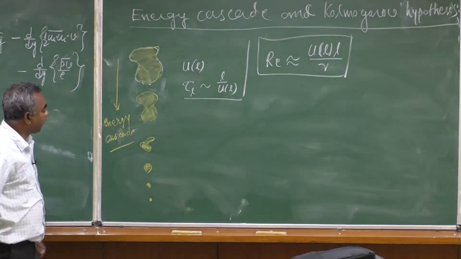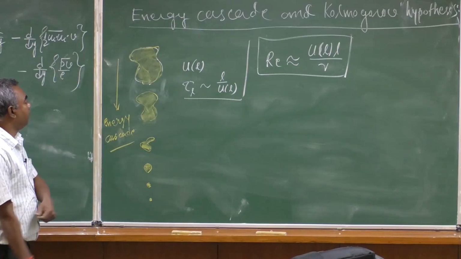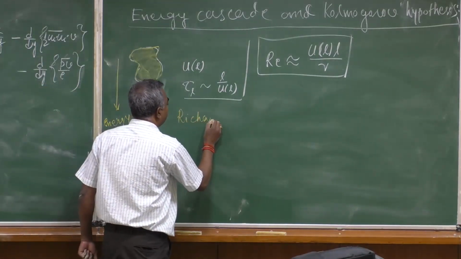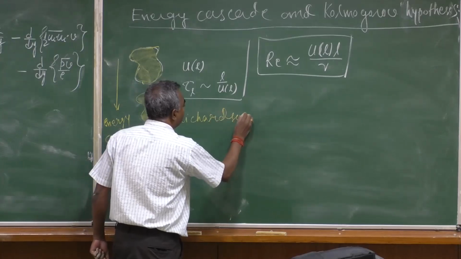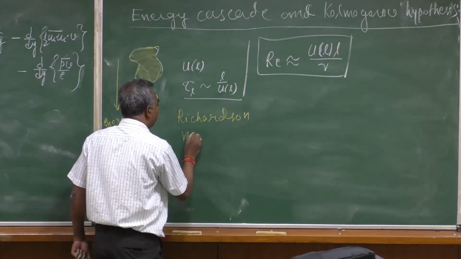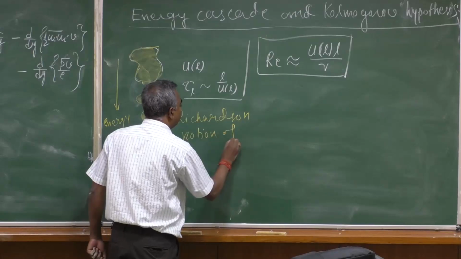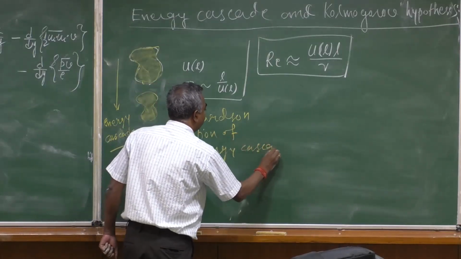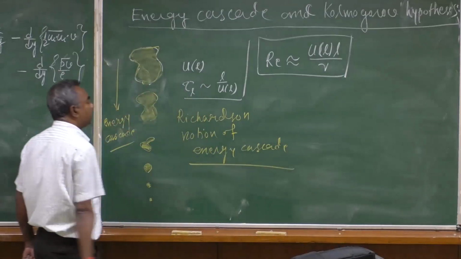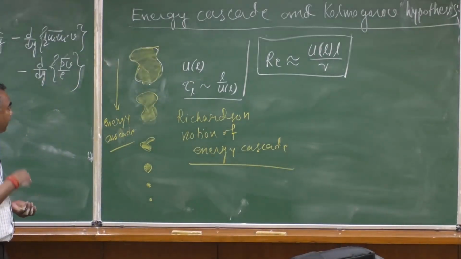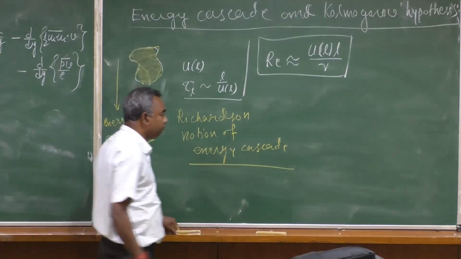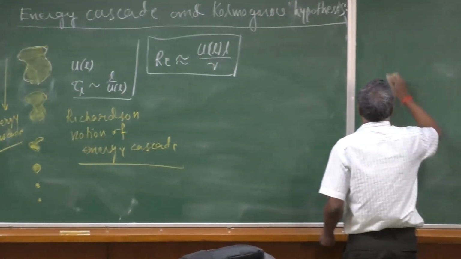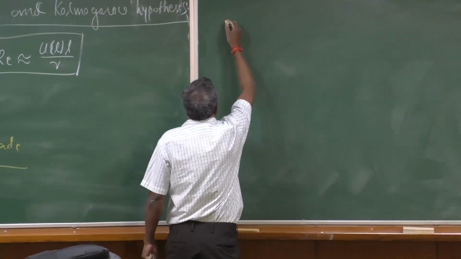So, this is the kind of cascade put forward by Richardson. This notion of energy cascade, in fact, he put in terms of poetic language. Let me just write that quickly. This particular cascade Richardson put poetically like this: